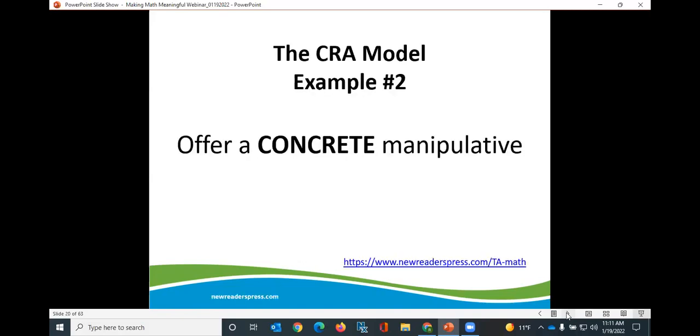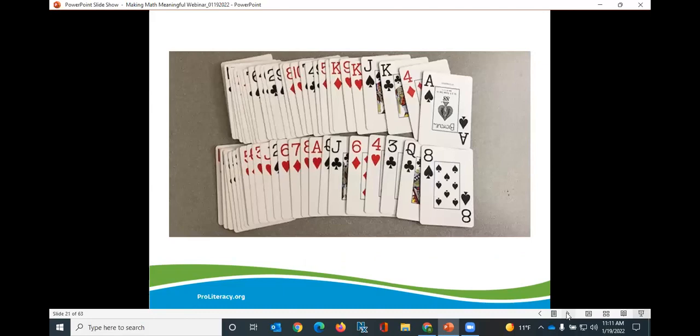Another example of a concrete manipulative that I used is something most people can find in their own household, a deck of cards. What I did was I removed all the face cards and I went into,